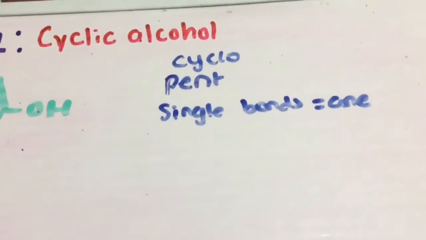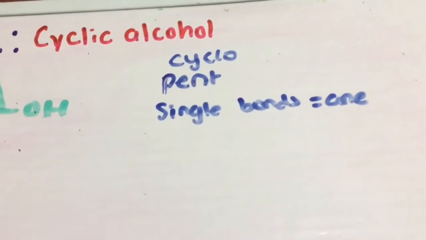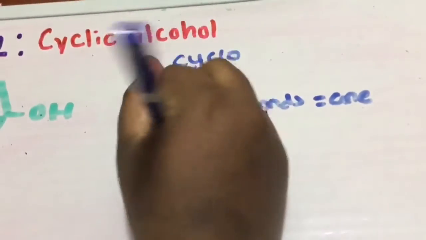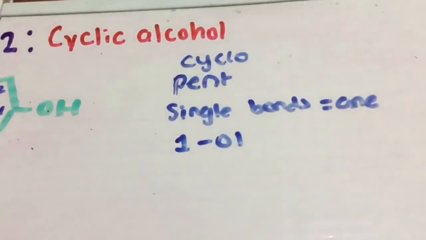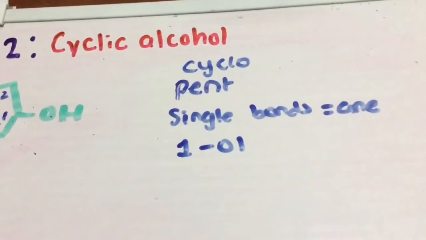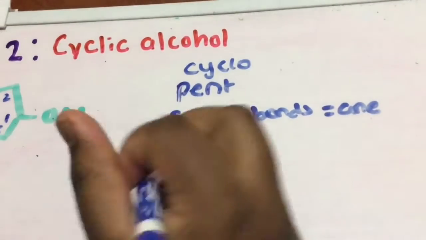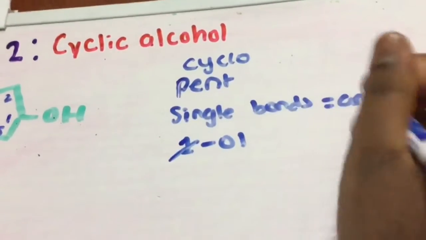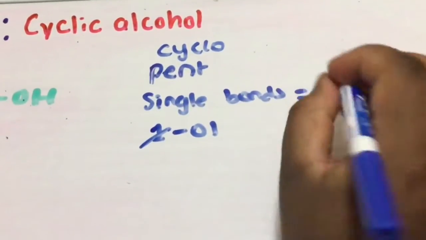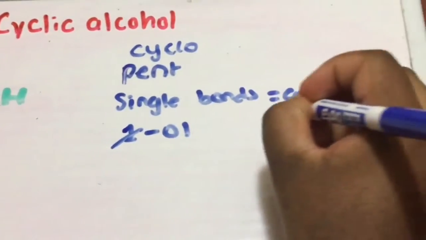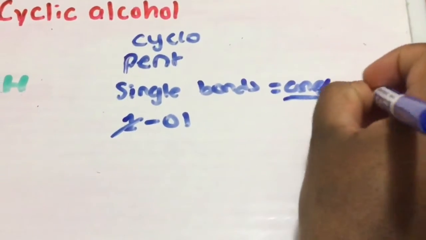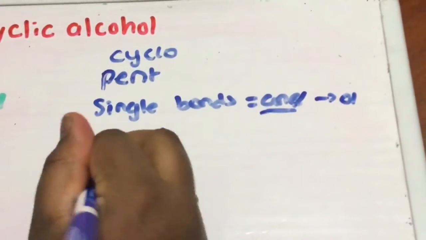Since alcohol is the only group on the structure, the suffix ol is used. However, the 1 is not needed as it is the only group on the molecule, so forget about this 1. Now we see that the ending is ane, so drop the E and change it to ol. You'll get a final name of